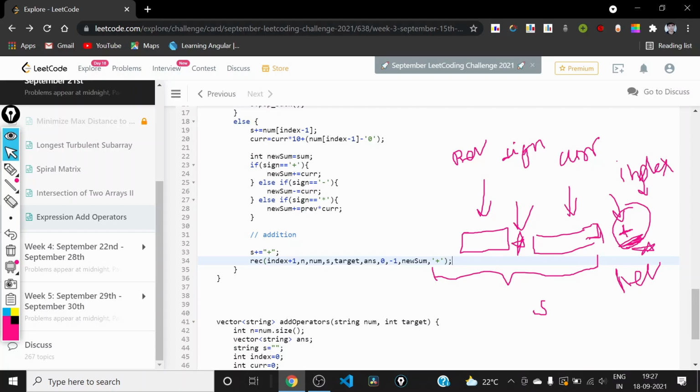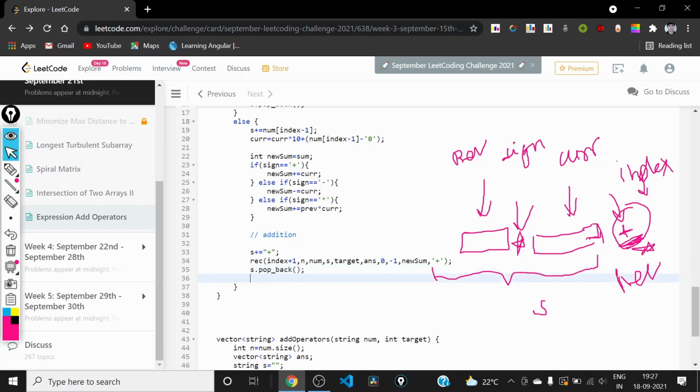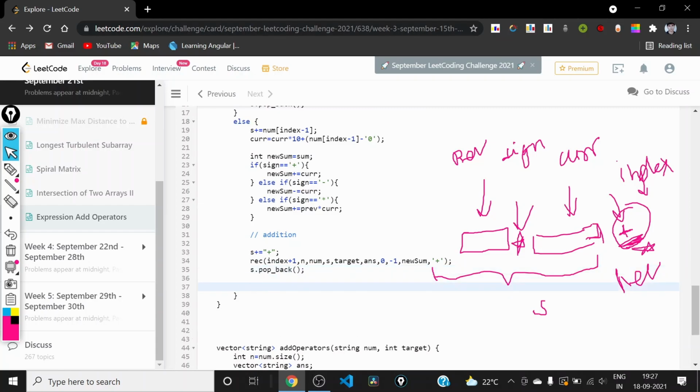So after calling this, we need to pop back. Similarly, we will call again for subtraction.